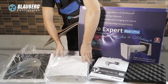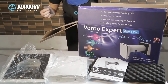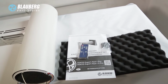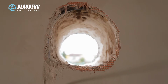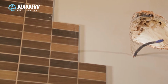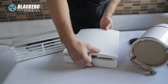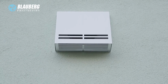The Vento Expert ventilation units have compact sizes and require no extra components or air ductworks. They are ready to use and are designed for through-the-wall installation in the outer wall. You only have to prepare a core hole in the outer wall of the building. From inside, it is covered with a decorative ventilation grill that matches any interior. From outside, it is connected to a ventilation hood to prevent ingress of water and foreign objects inside of the